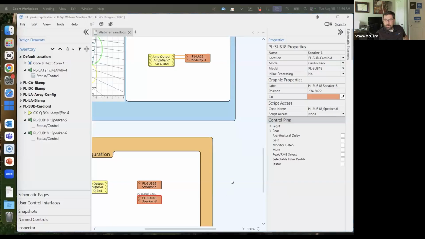We did have a question about adding balcony fills. So yes, like the CA, let me go back to sharing and we'll look in the inventory. Okay, or sorry, the DC-24. Yes. So we have